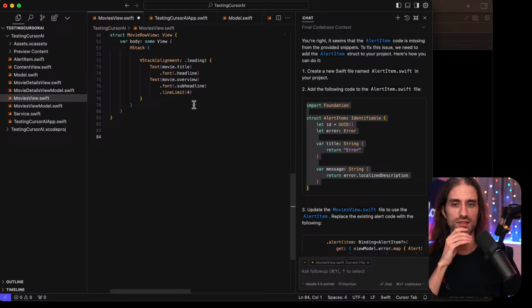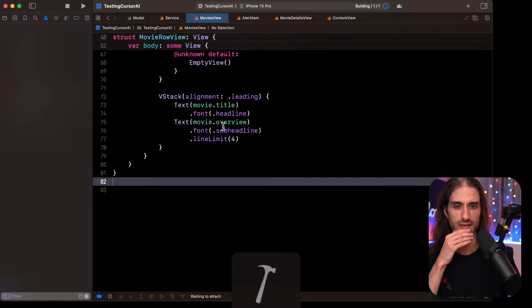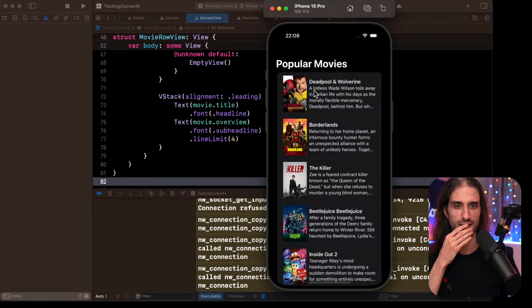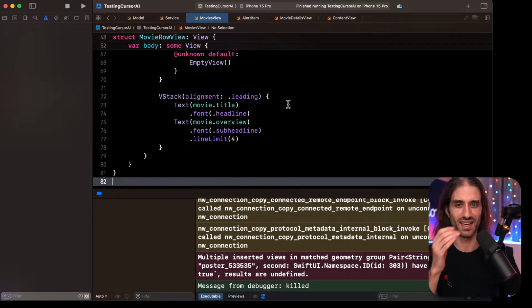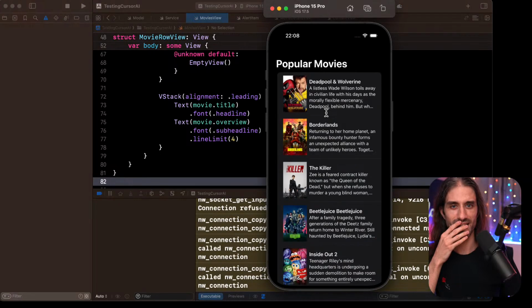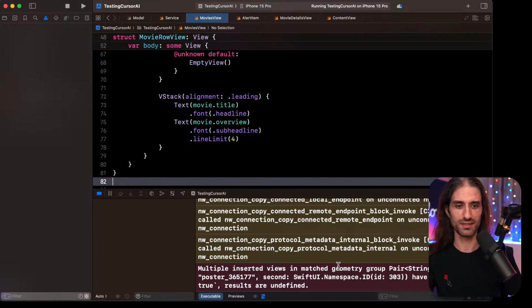I'm not gonna take it for now. Anyway, I want to try it in the simulator. Okay, so this is completely broken. But yeah, it seems that the match geometry effect also didn't work.